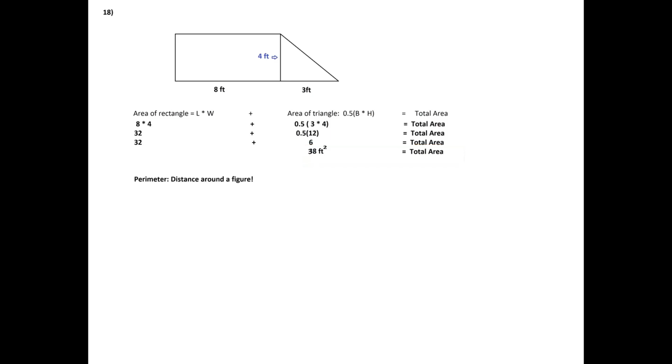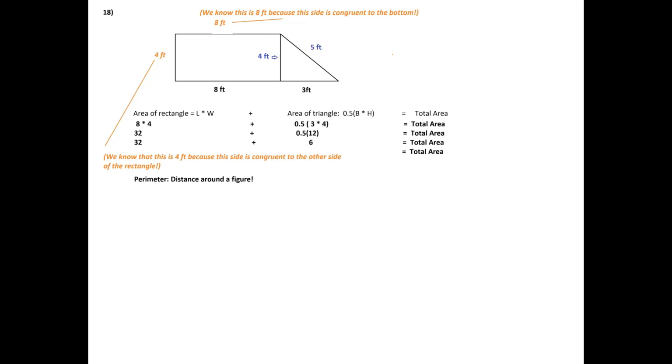Now, we're looking at perimeter now, all right? So that's the distance around the figure. Now, we can also surmise that, see where I've added in the extra 4 and the 8? We know that we have a 4-foot side on our left because that side is congruent to that blue 4 feet. It's a rectangle. Both of those widths have to be the same. And if you look at that 8 at the top, we know that the top of a rectangle is congruent to the bottom. So the top of that rectangle is also 8 feet. Now,